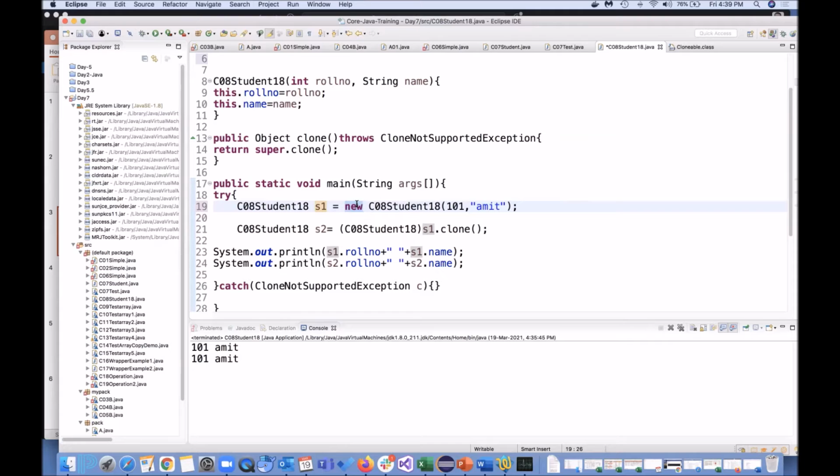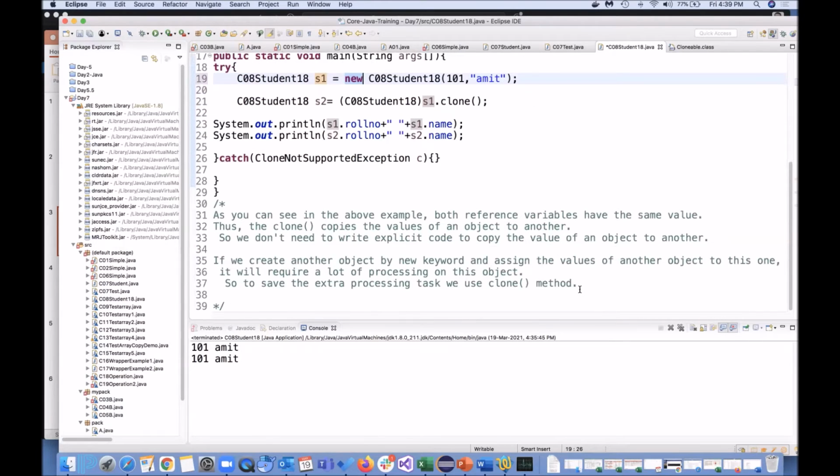So overall explanation is this. Maybe I can think of some real-time scenario, and in the next session I can give you an example where in our programming we actually do this. Okay, no issue. So the simple objective here was not to use new just for copying the value.